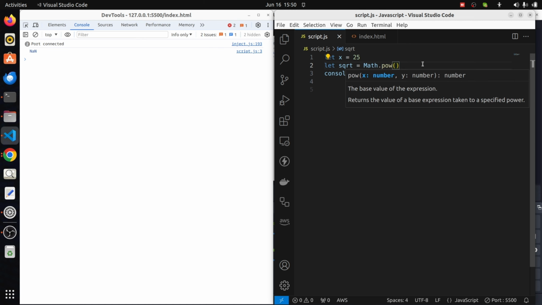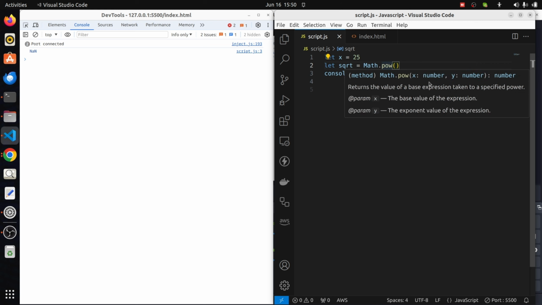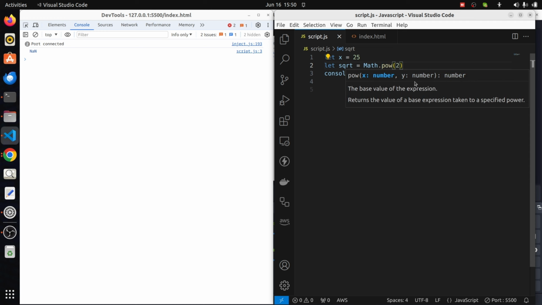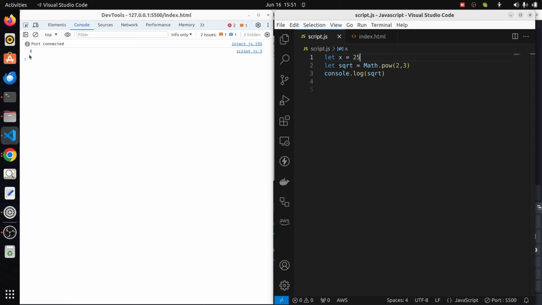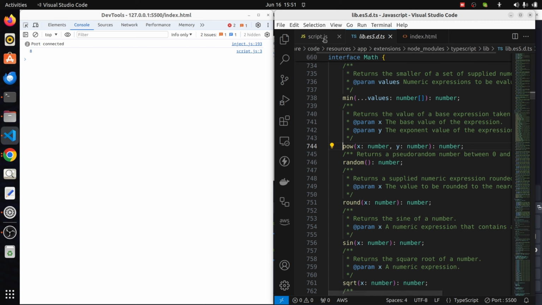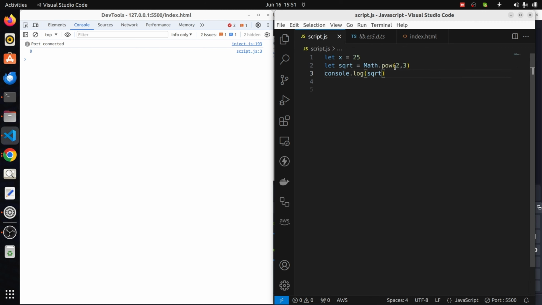Math.pow takes two values, right? If you hover over it, you see how to use it. The first one is the value, and the second one is the power of the value. So if I use 2 and 3, it means 2 raised to the power of 3, which is 2 times 2 times 2: 2 times 2 is 4, 4 times 2 is 8, which is what we can see here, right? If you want to know more about using it, you can